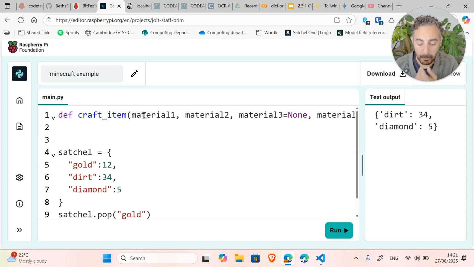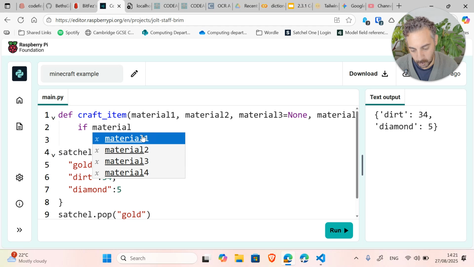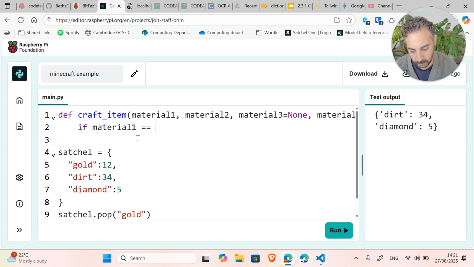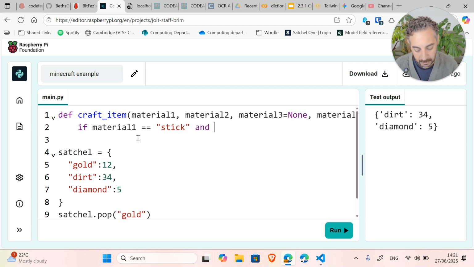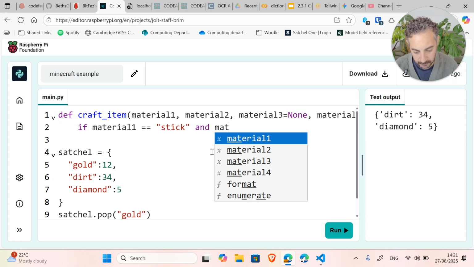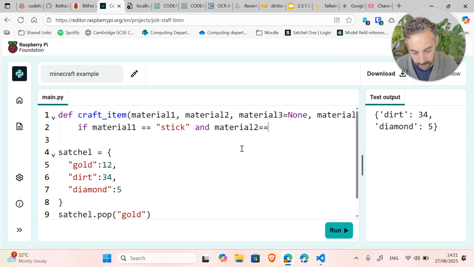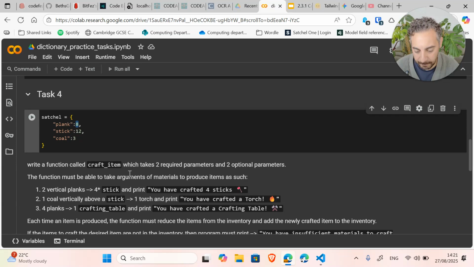Okay, so then what I might want to do is I might say if, for example, material 1 is equal to, for example, stick, okay, and I don't know why I'm doing this. I shouldn't be doing this for you. And if material 2 is equal to, I'll leave it there, right? It's for you guys to finish. So as I said, when you try this challenge out, okay, it says here that, for example,